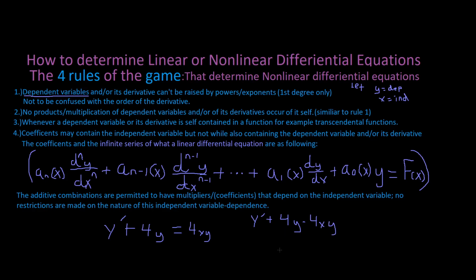I pull out y, and that's going to give me, so go up here, I'm going to have y prime, and I want you to pay attention that this looks very similar to our general idea of how our infinite series works for linear differential equations. And so we're going to have 4 minus 4x